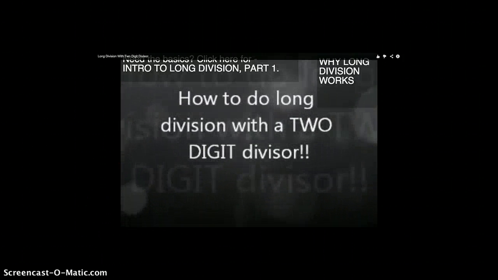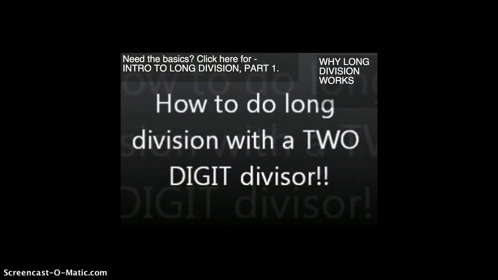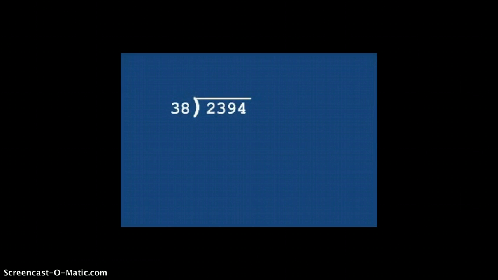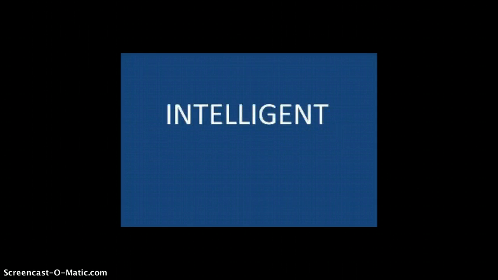This will be a very quick example of how to do long division with a 2-digit divisor. In this case, our divisor is going to be the 2-digit number 38, and the division problem we're going to work out is 2,394 divided by 38. Long division with a 2-digit divisor works a lot like division with a 1-digit divisor, but the main difference is, since the numbers are so big, we have to do quite a bit of estimation and kind of intelligent guesswork, and sometimes we'll make the wrong guess, and so we have to use our eraser potentially